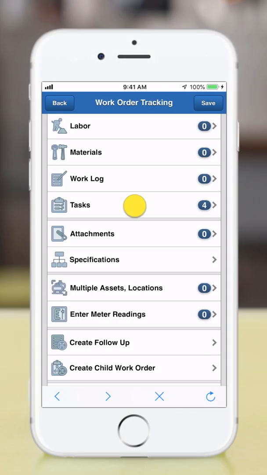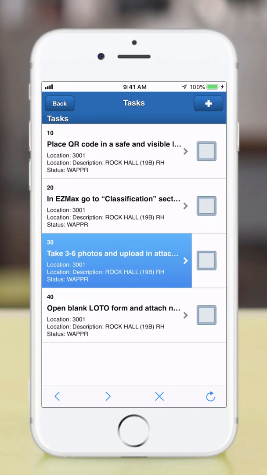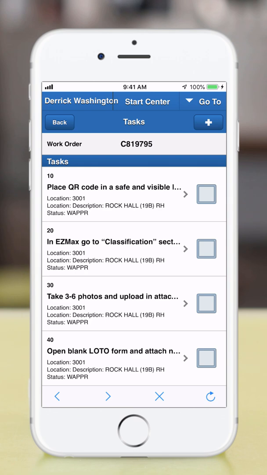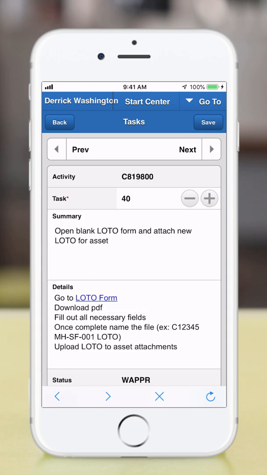Okay, the home stretch. Let's click on Tasks, and here we're going to address the lockout tagout form. The good news is you're already filling out a lockout tagout form by hand to do the PM. We're going to use that exact same good information to keep people safe and create a digital lockout tagout